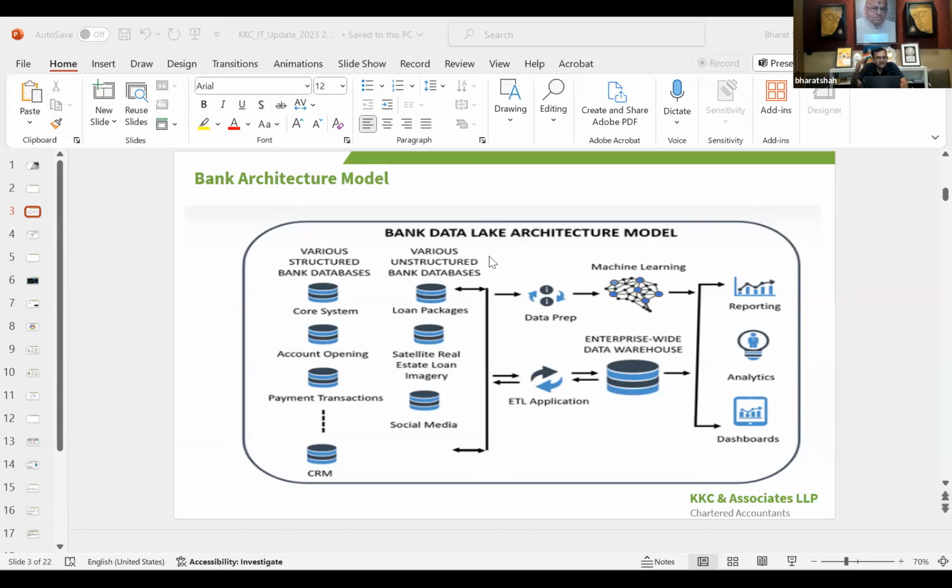So they will have their own core systems, and then there will be customer related systems as well, which will have the front end and the back end within each system. And there will be a lot of payment transaction systems as well, so various systems related to transaction processing will be there. And from a trade level as well, there will be trade systems where there will be trading.